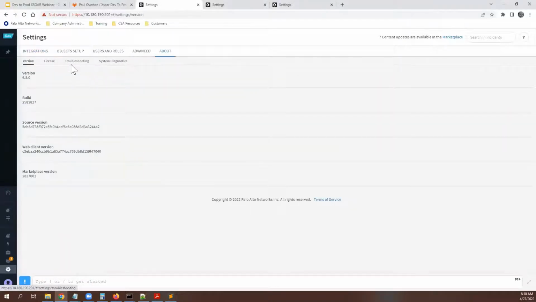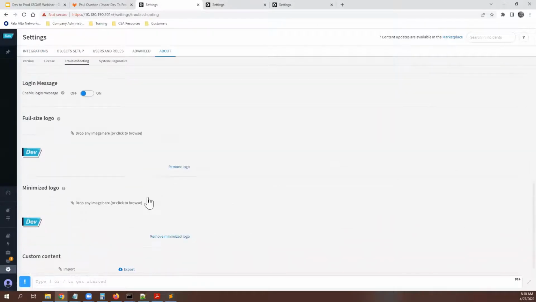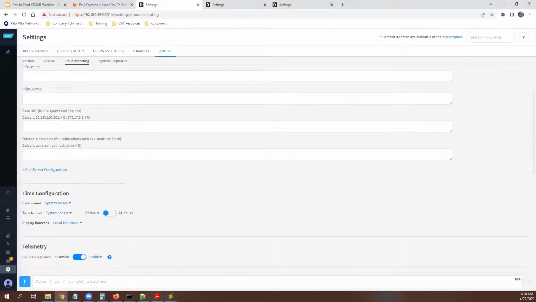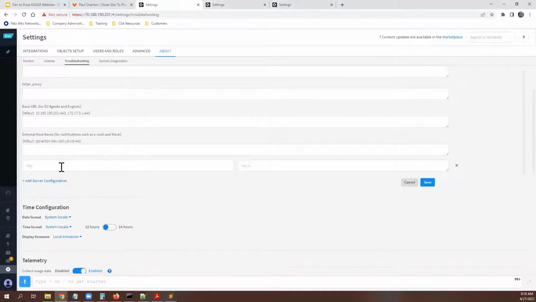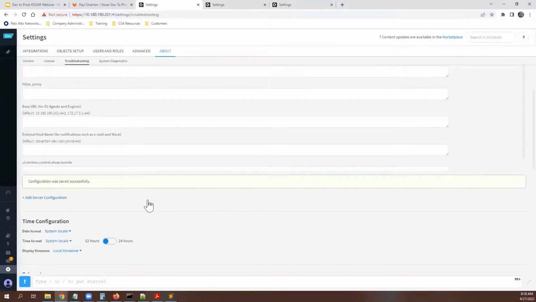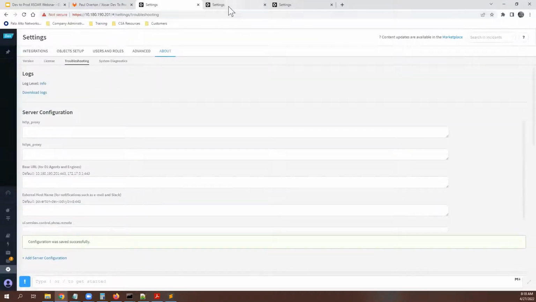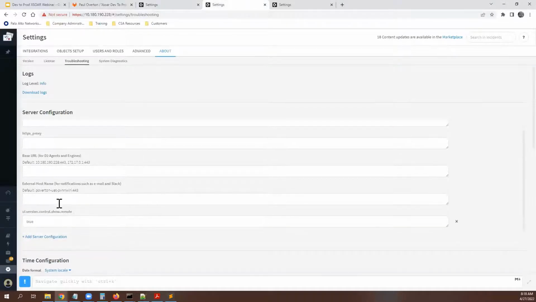Settings, about, troubleshooting. Okay, great. So now I have those settings in, and the next thing I want to do is set up my branches